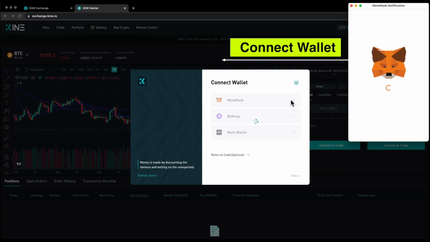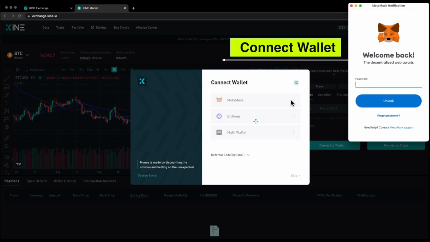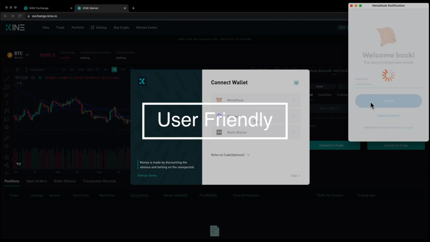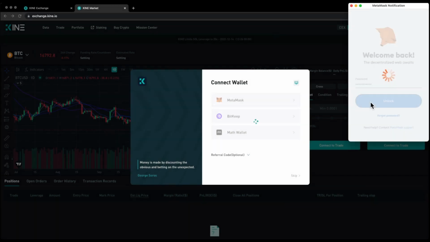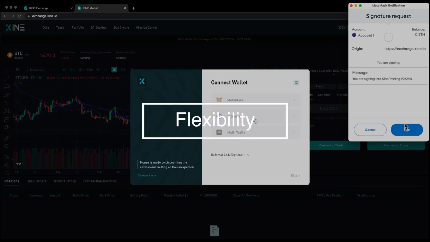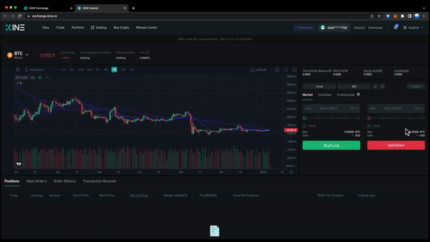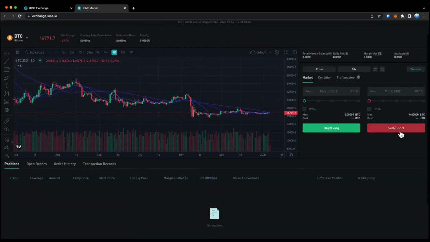If you're tired of struggling to switch between different login methods, then this feature is for you. The login switch function streamlines the interface and makes it more user-friendly and convenient. No more searching through menus or tabs, simply choose the login method that works best for you. It also increases flexibility for users. Traders can now stay in their familiar workflow, whether that's using a DeFi wallet like MetaMask or a traditional email or phone number login.